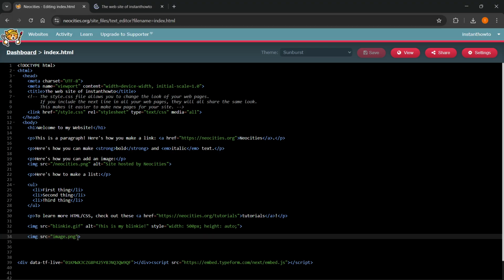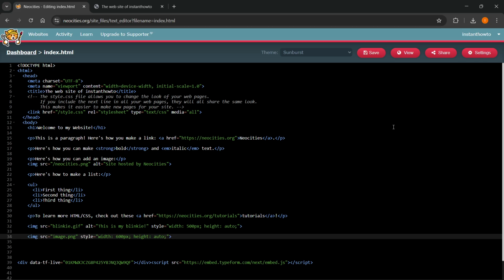Over here, you can just go after these quotation marks, and you could type in spacebar style, and then equals, just like you can see up here. You can do quotation marks width, and then here you can do like this colon, and then select how many pixels you want it to be. I'm gonna do 600 px, and then the height, it can also be adjusted. I'm just going to do auto, so it doesn't kind of stretch the image out. And then you can do like the semicolon, and then of course quotation marks again, and end it off